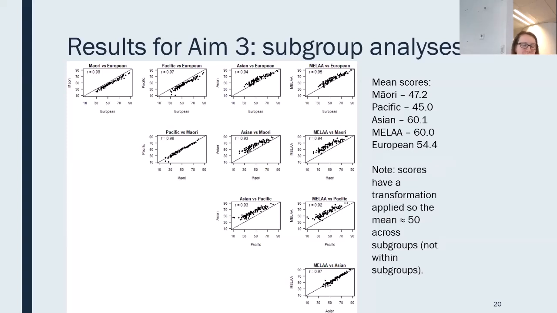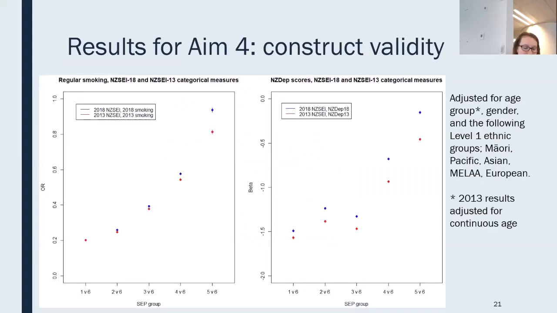The higher scores for Europeans seem to be due to higher average age and average income for the same occupational group, and the higher scores for Asian and Middle Eastern, Latin American and African ethnic groups seem to be due to higher average levels of education and are in spite of lower average incomes than Europeans for the same occupational group. As shown earlier, the education pathway has a greater impact on the scores than the income pathway. Importantly, the correlations between scales for ethnic groups or genders are high, and the rank ordering of occupations is similar. This suggests a similar socioeconomic structuring of occupations, despite compositional differences across occupations. Furthermore, these patterns were found in previous versions of the NZSEI.